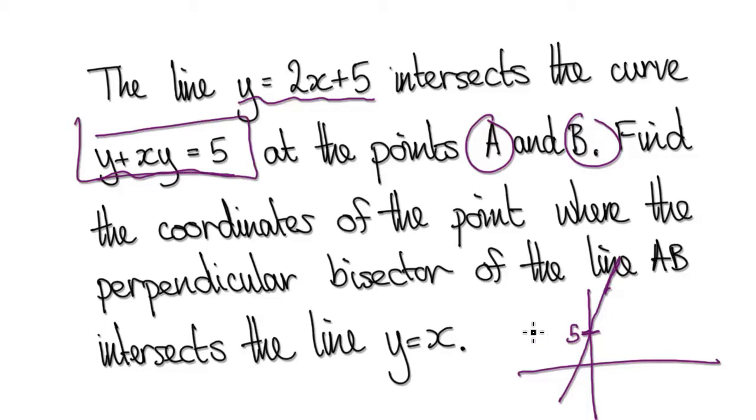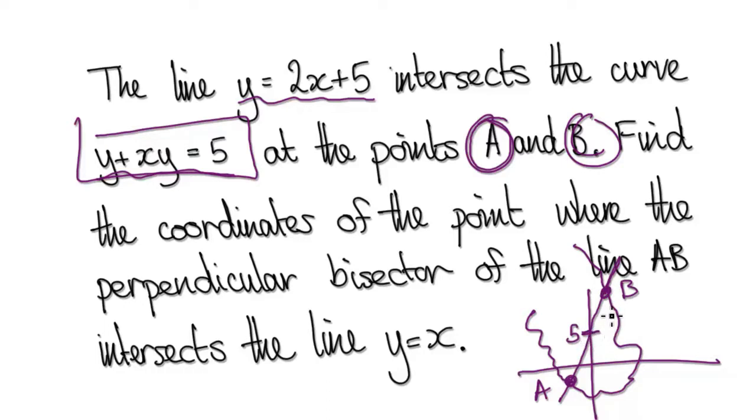So I'm just going to make this up. Let's just say the curve looks something like this, and then it intersects at points A and B. So this is A and this is B. Then find the coordinates of the point where the perpendicular bisector